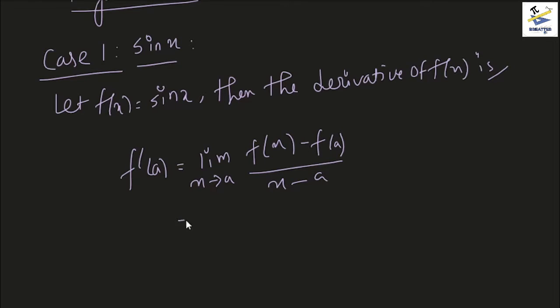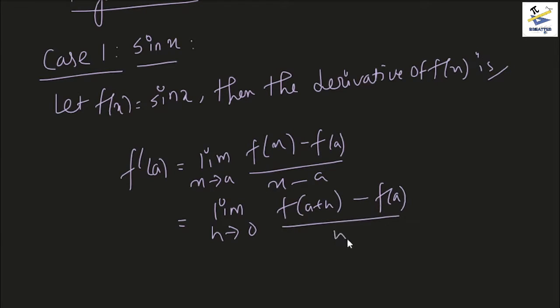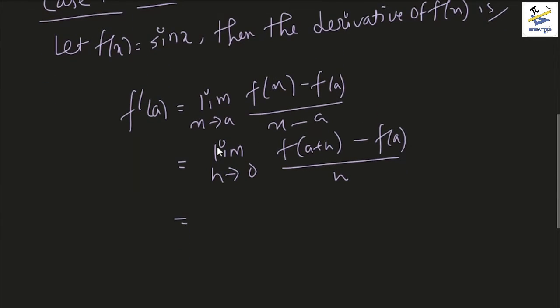This is limit h tends to 0 f of a plus h minus f of a divided by h. This is a more standard definition of derivatives, and I think this is more useful than the other one, because the first one is usually the one where we convert from limit to derivatives, but this one actually helps us to find the derivatives of elementary functions directly from the limit. So using the value of f of x, we can write this